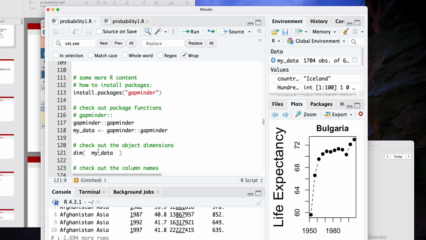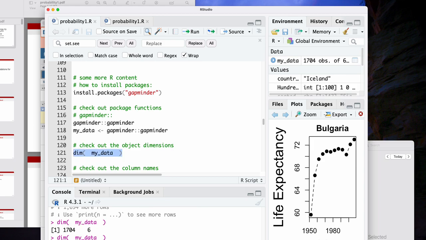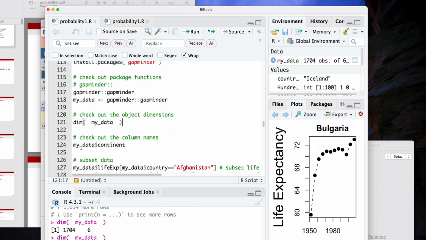And I hope the Zoom is still working, but we'll see later on. So we can look at the dimensions of the data object. So dim, that's the way to look at the dimensions. This is really useful. Does my data set have 1 billion observations? If it has 1 billion observations, there are certain things that I will or won't want to do. But if it's a really small data set, then my options open up. So this is one thing to do.